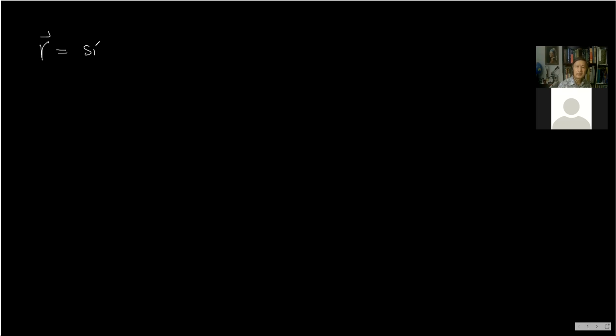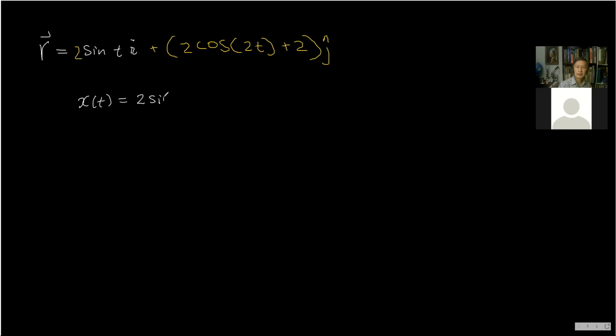So that is a sine t something. Can you write the question? The time function. Yeah, 2 sine t, cosine 2t, and plus j. Oh, it's just two-dimensional, isn't it? Oh, it's simple. So you got x. Can we just write the parametric equation? So x as a function of time is 2 sine t, right? And y as a function of time is